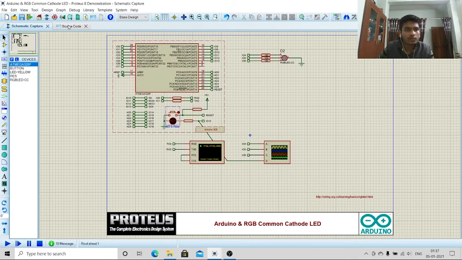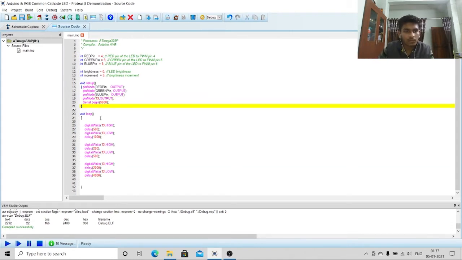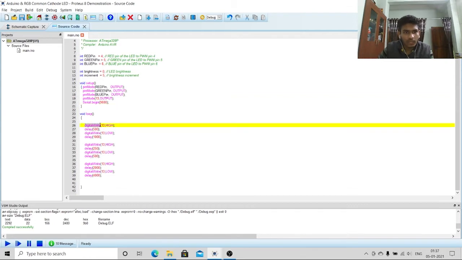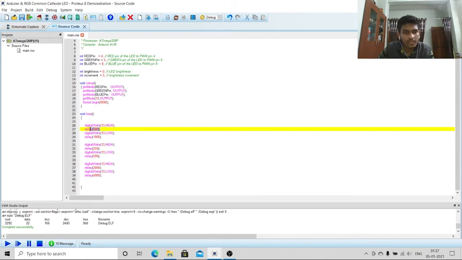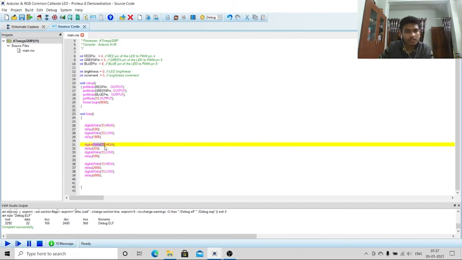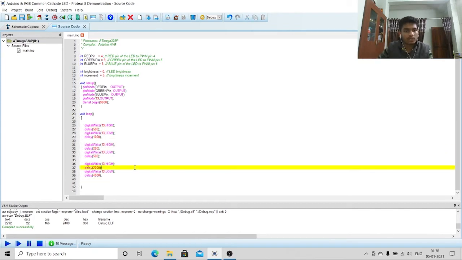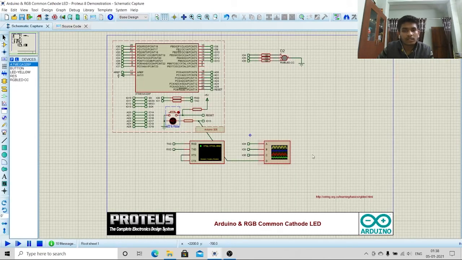For this, our source code sets pin 13 as output, and then using digitalWrite we blink the LED: it glows for 0.5 seconds, then stops glowing for 1 second, then starts glowing again for 0.25 second, and thus we will simulate it. The crux of this project is that we will know how the square wave signals can be seen using an oscilloscope.